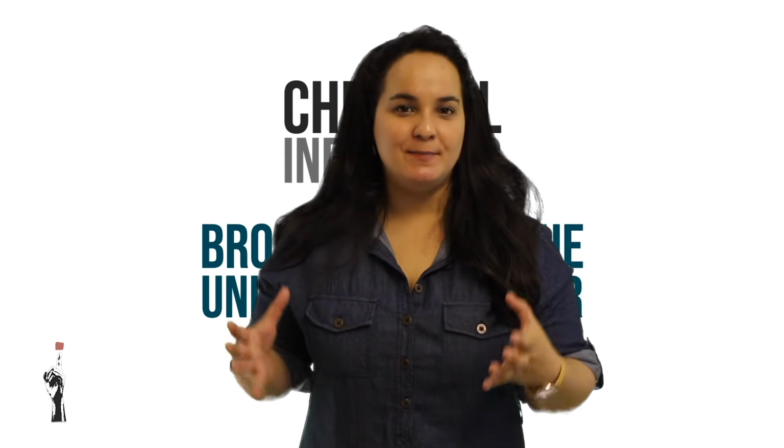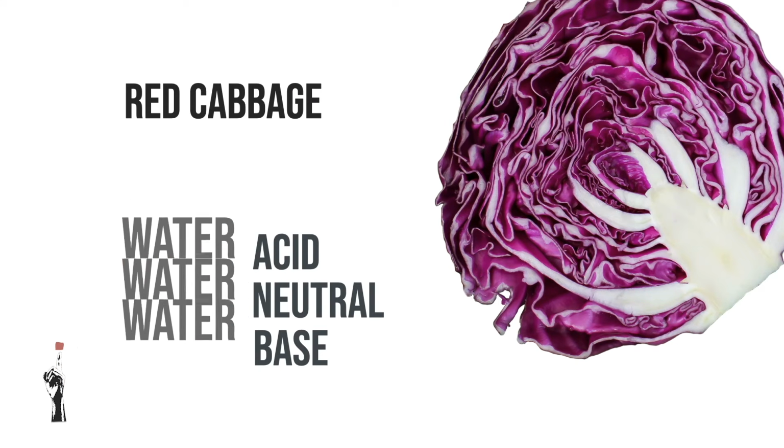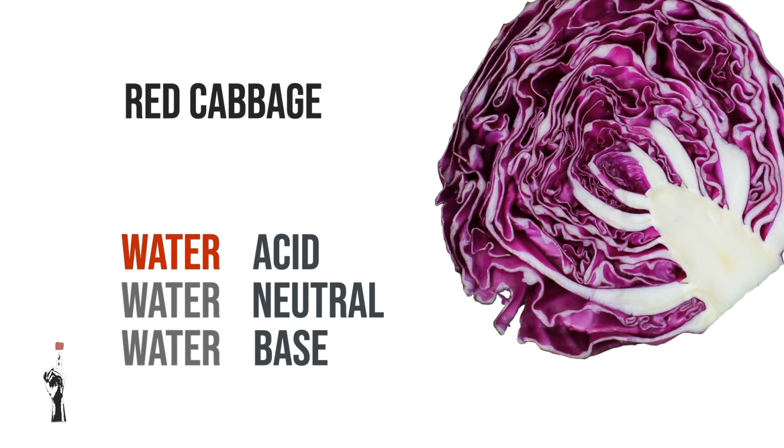So when we do these experiments, it's good to know what the color change would be. Otherwise, it's just useless information. When we use a natural indicator such as red cabbage water, it should turn red or pink in the presence of an acid. Red cabbage water is generally purple in a neutral substance, and it becomes green or yellow when